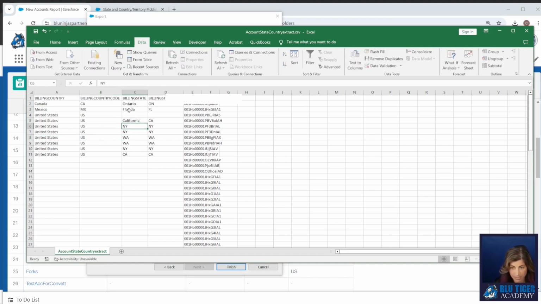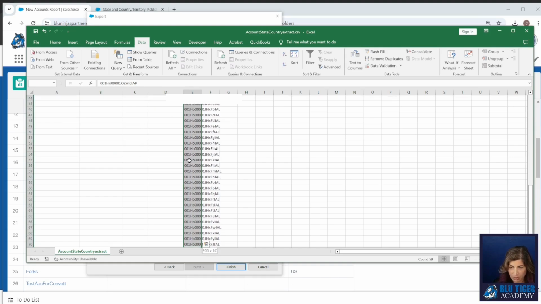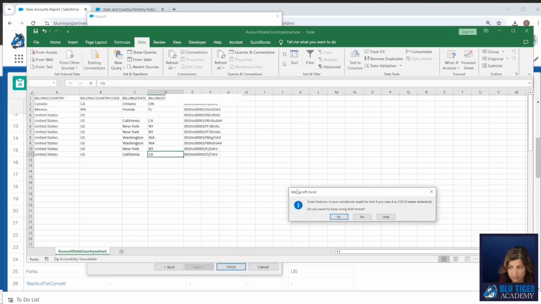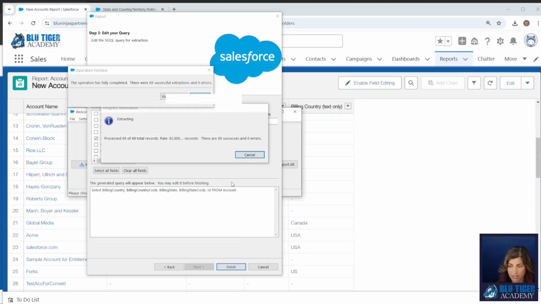Now I'm fixing it by hand, but of course that's not feasible for you. You will need to do a VLOOKUP and get the state and full names from a list. And everybody should have that on hand. I know I have one of those saved really handy. And then we do not need to update any of these accounts. So you will run this update to get all your data perfect. And then we'll just run an update.